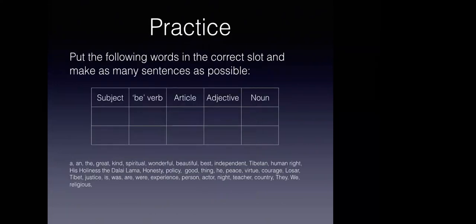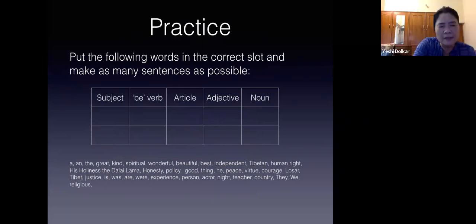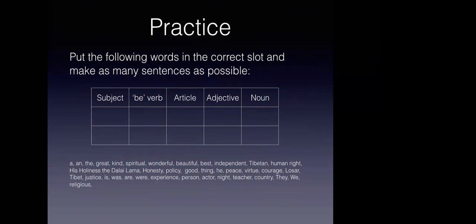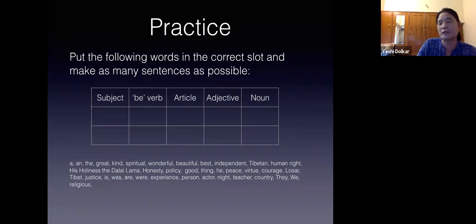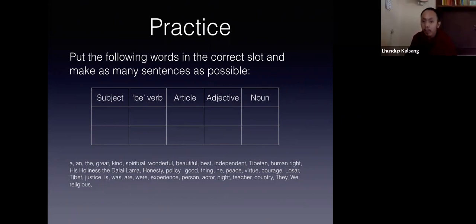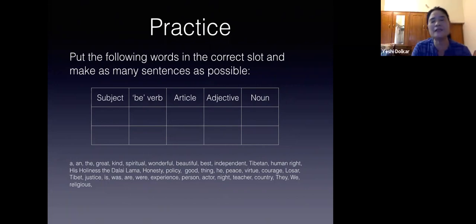Now here we have some practice. Now we have all these words there. See if you can just put them in and make different sentences. You can put many, some, a few, and this, that as determiners. My teacher is a clever person. Yes, my teacher is a clever person.